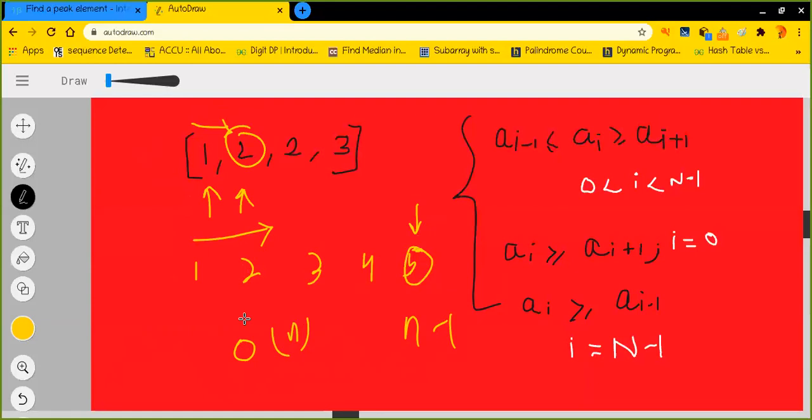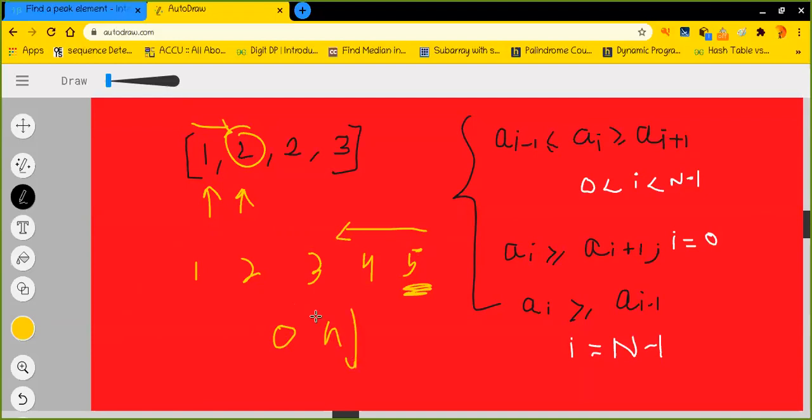But now I want you to look. Let us say I started my journey from right to left instead of left to right. In this case, how much time do I require? I require only constant time, because in the first step I have found my peak element. But that doesn't make any sense really, because if I just reverse this array and give it to you, then if you start from right to left, you will have to traverse the entire array to find 5 right here. So obviously in most cases it is order of n